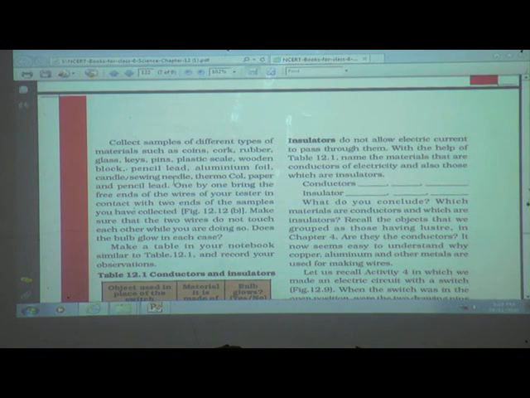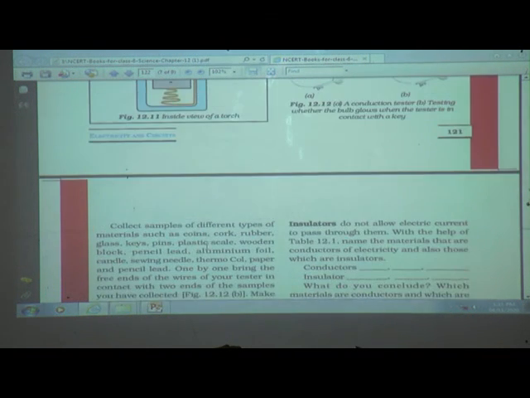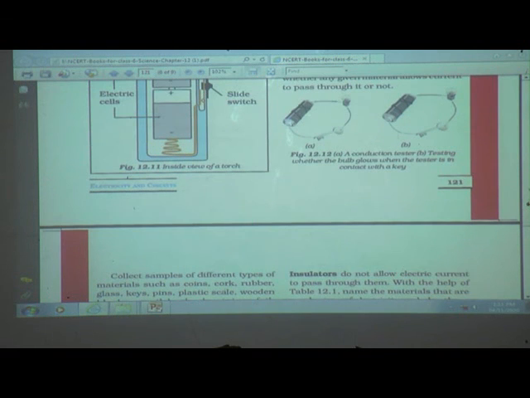One by one, bring the free ends of the wires of your tester in contact with two ends of the sample you have collected. So take the sample here and like this you can make the arrangement. Okay, and the object you can keep here in place of the key also.